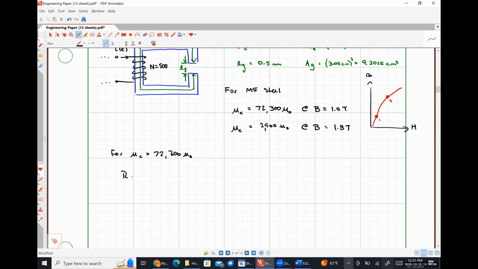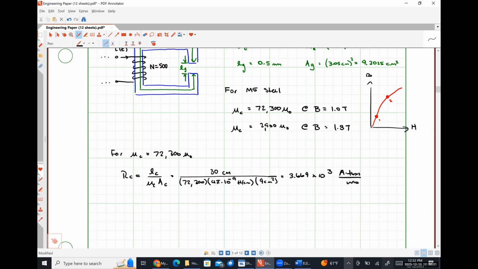We have the reluctance of our core, which is just going to be LC divided by mu C AC, or 30 centimeters over 72,300 times 4 pi times 10 to the minus 9 henries per centimeter times 9 centimeters squared. I get it to be 3.669 times 10 to the 3